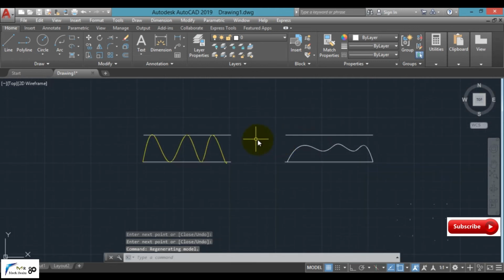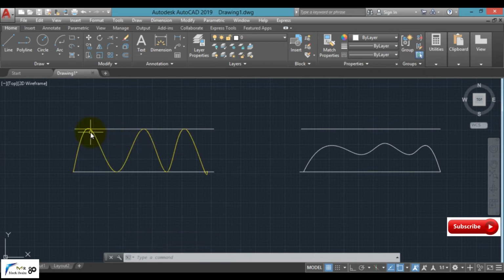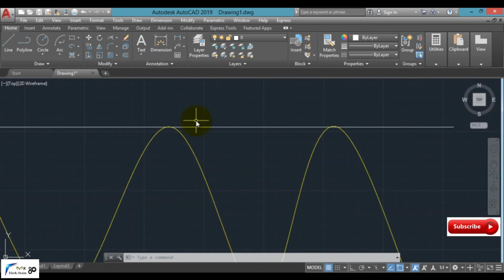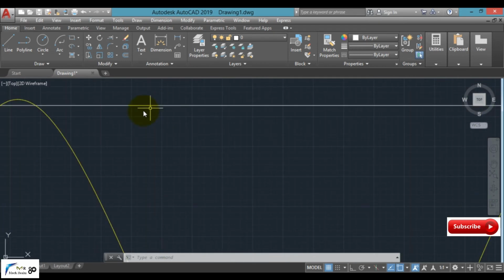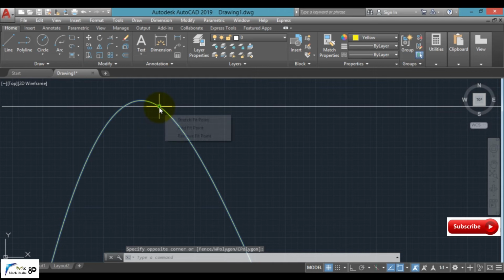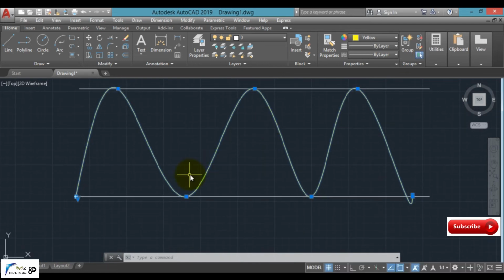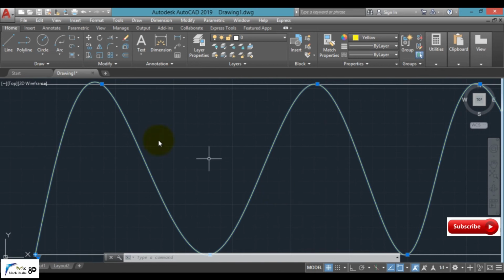Clear? Now what is the difference between the two objects? If I'm selecting it here, in this case I had selected points on these lines, that is the first one and second one. In this case, the spline has been created between the two lines. Clear? The spline has been created between the two lines, that is the fit point is lying on this particular line where we have selected our control point. Clear? This is known as fit point.